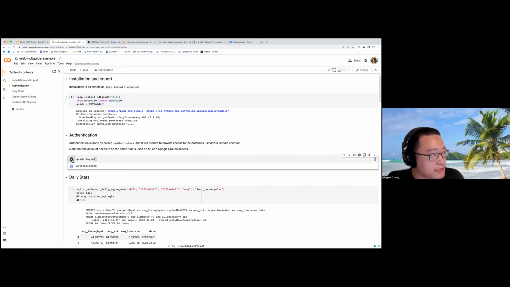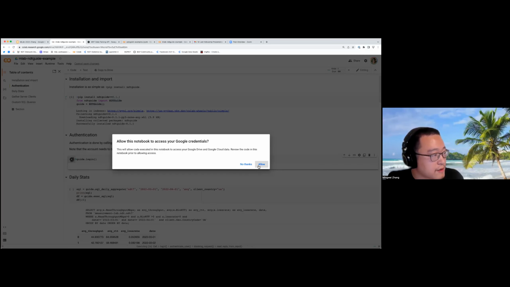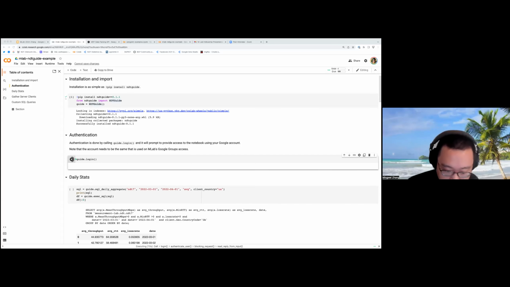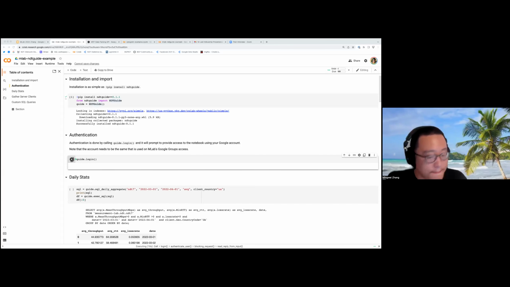And here's where you can log in. Need to authenticate. You may not see what I was doing there.